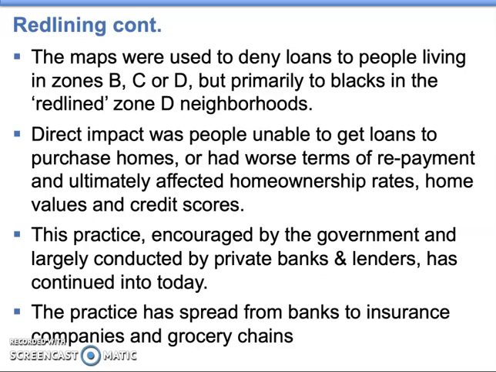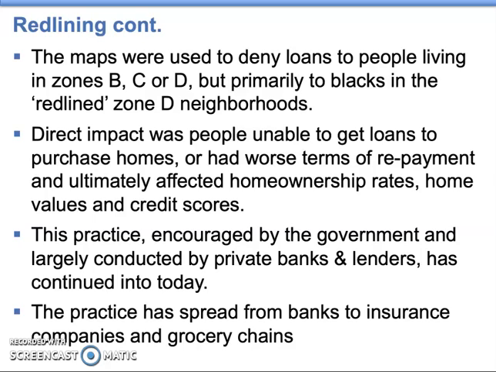The direct impact of this was that people were unable to get loans to purchase homes, or they had worse terms of repayment, which ultimately affected home ownership rates, so differential home ownership rates between blacks and whites, home values, and people's credit scores. This practice was actively encouraged by the government, right? It was created from the Act in 1934,